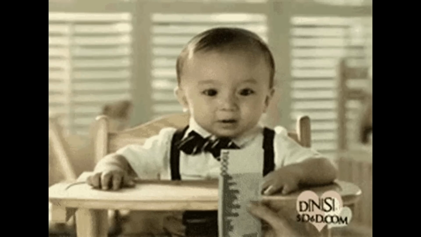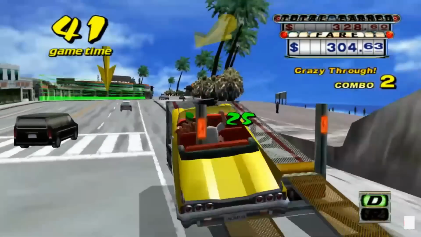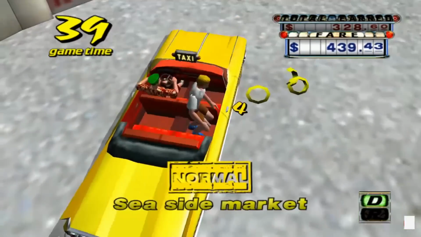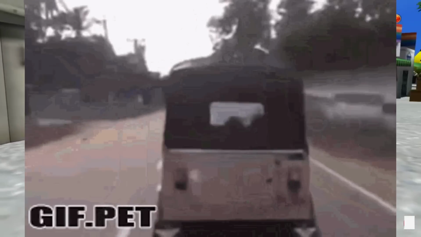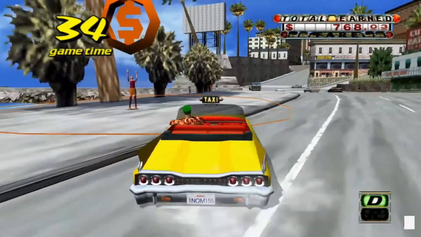So in my childhood, I used to play a game called Crazy Taxi. It was this fast-paced, fun taxi game, and I've always loved it as a child. So recently, I got this idea: why don't I make a game like Crazy Taxi, but instead of a taxi, it's an auto rickshaw. An auto rickshaw is the same as a taxi, except it's cheaper,